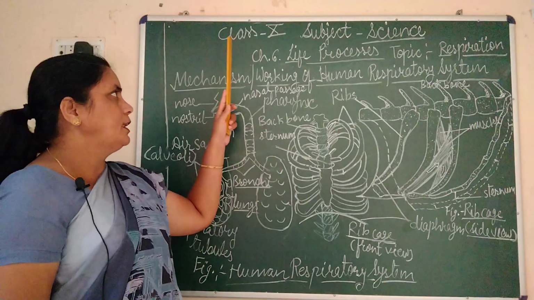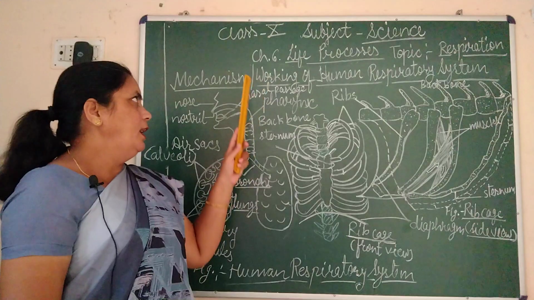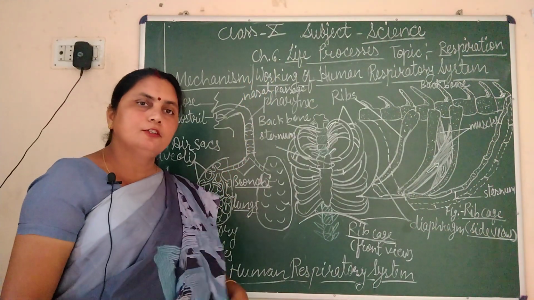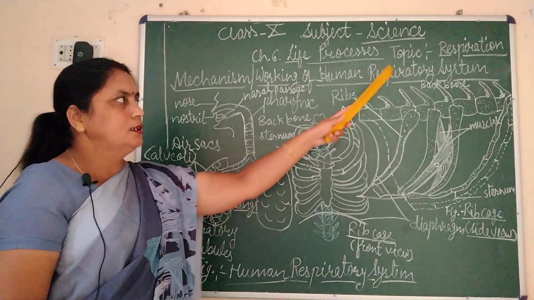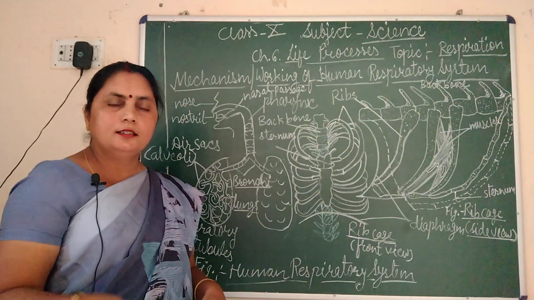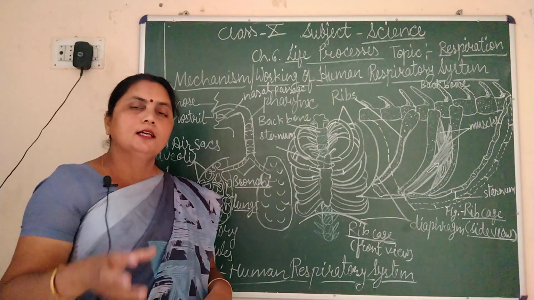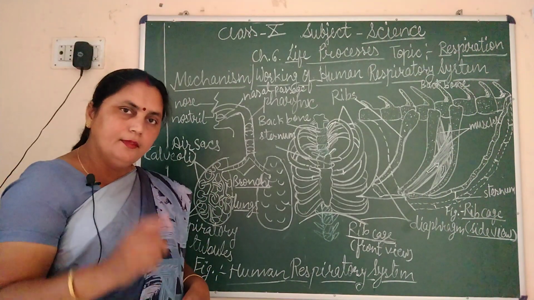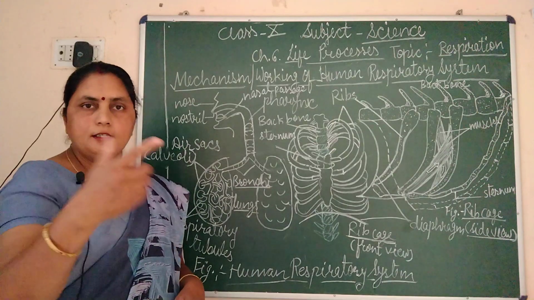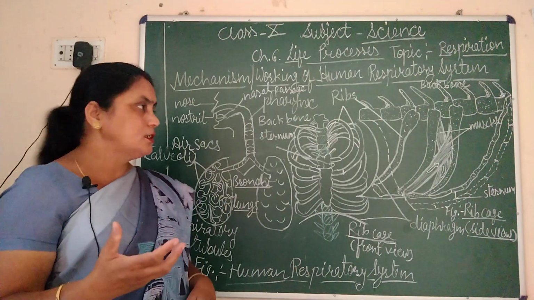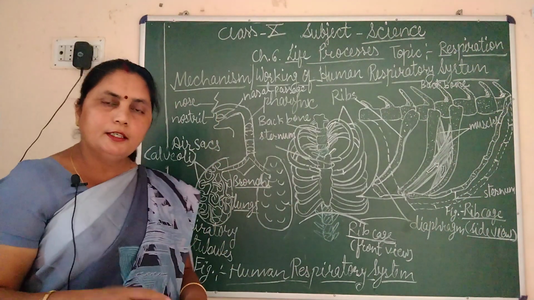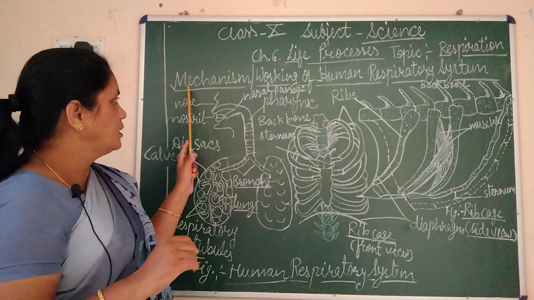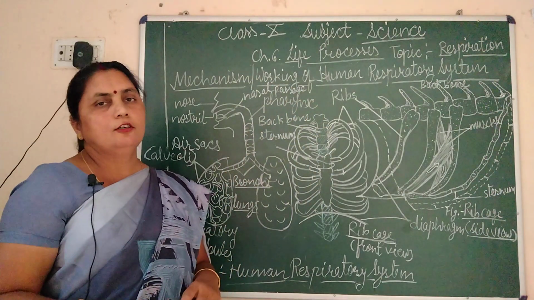This video is for class 10th subject science and chapter is chapter 6 life processes. In my previous video we had talked about respiration definition and respiration in various organisms, and at the end we were talking about human respiratory system, and in the previous video we had discussed about the structure of human respiratory system, and now in this video we will be talking about mechanism or working of human